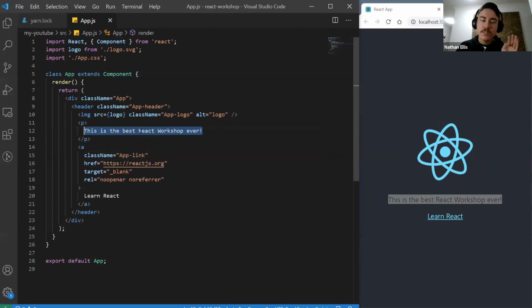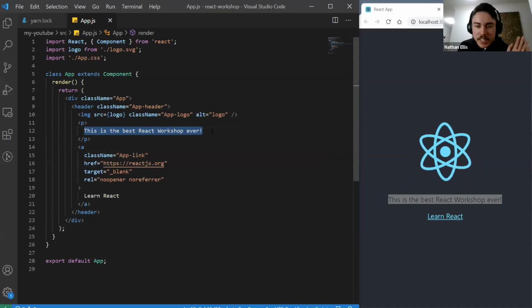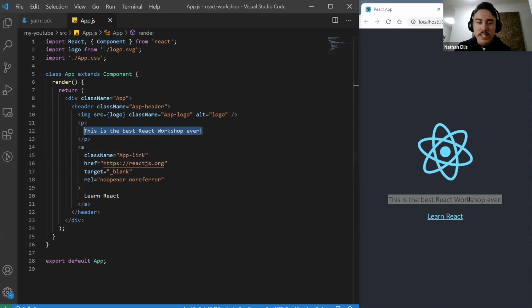So previously this was saying edit source app.js. It's not really helpful if I want to build an application to have that there. So I've changed it to something a bit more relevant. I said this is the best React workshop ever, and that's been rendered to the browser here, exactly in the same position. I haven't refreshed the browser, and while that might seem as though it's something trivial,